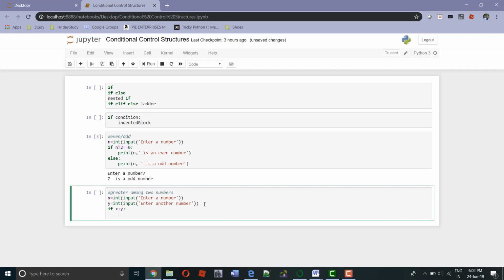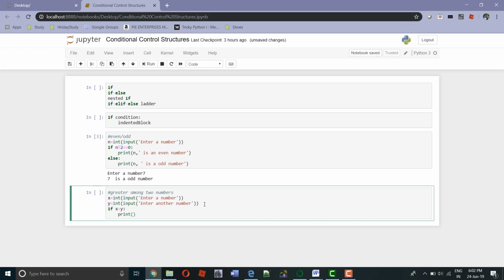Now here remember we need to first give indentation because we do not use any type of brackets or braces to give the body of if or else. Rather than that, in Python we use indentation, and the standard indentation is 4 spaces. So I'm using 4 spaces over here, and then I will give my print statement.